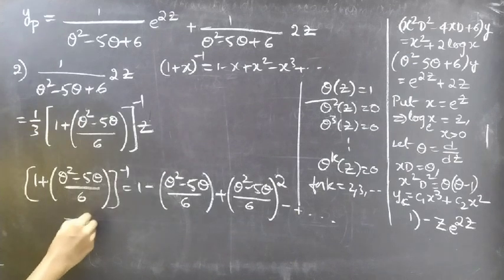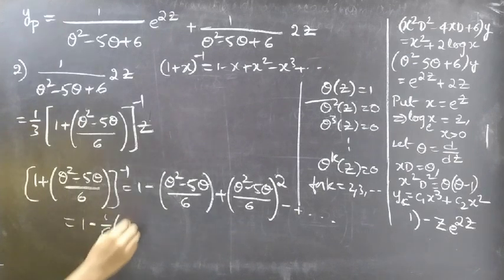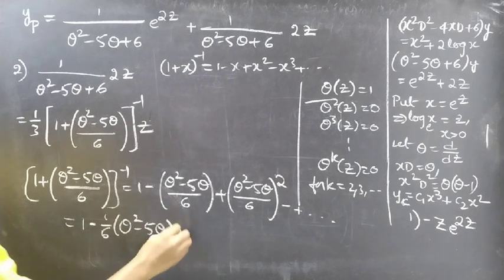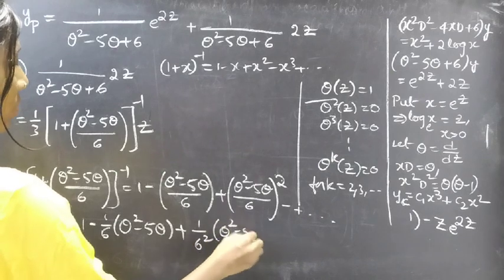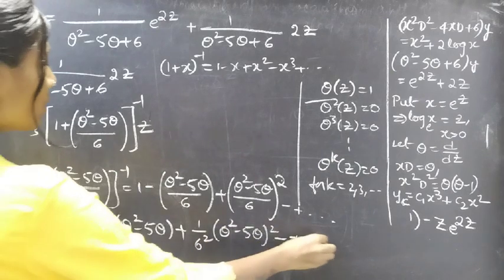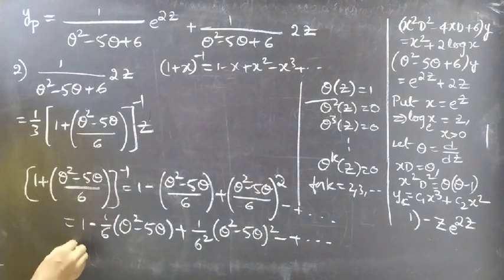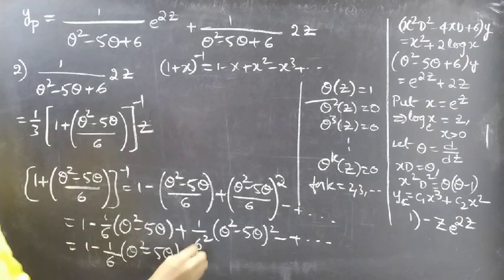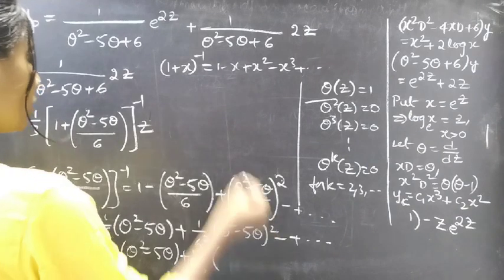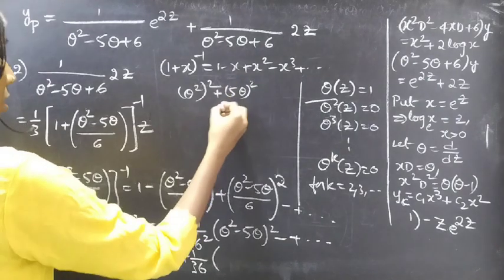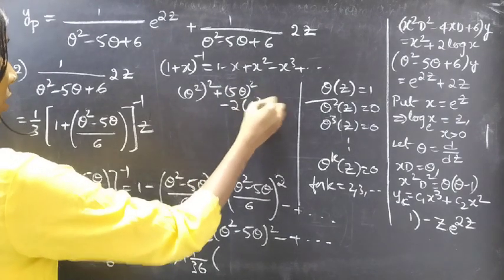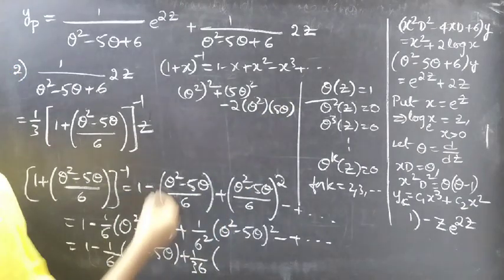Okay, this equals 1 minus 1 by 6 into (theta square minus 5 theta) plus 1 by 6 square into (theta square minus 5 theta) whole square, minus plus and so on, right? This equals 1 minus 1 by 6 into (theta square minus 5 theta) plus 1 by 6 square, that is 36, into the expansion of (theta square minus 5 theta) whole square, which is (theta square) whole square plus (5 theta) whole square minus 2 into theta square into 5 theta, right? This equals